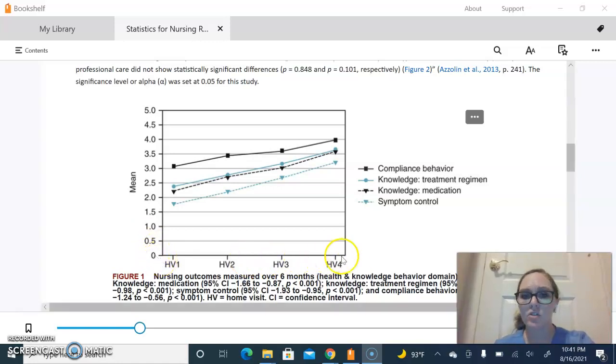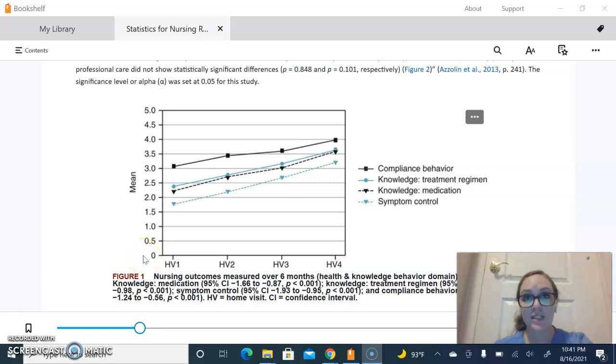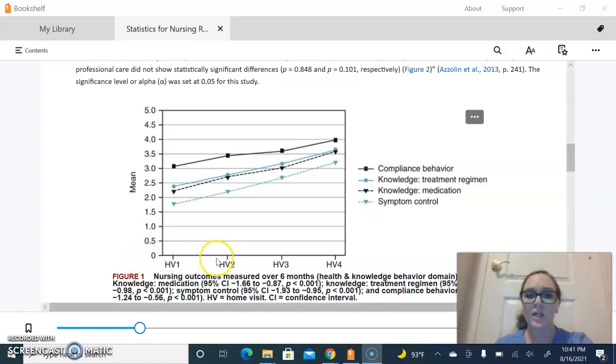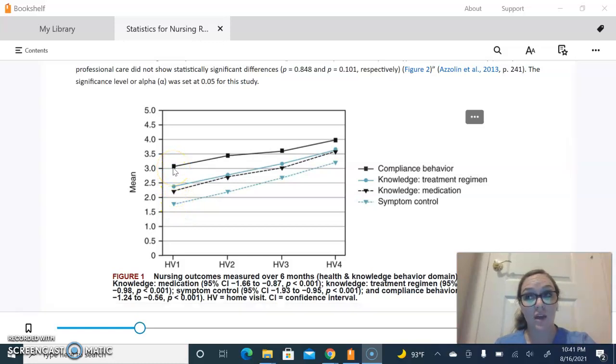And so the x-axis on the bottom is the home visits, and the distance between here is about 6 months. So if you look over here, home visit number 1, their scores were between 1.5 and 3 for overall what they learned. So it's the mean, so it's the average. Some might have gotten a little bit more information out of it than others, but that's just the average of